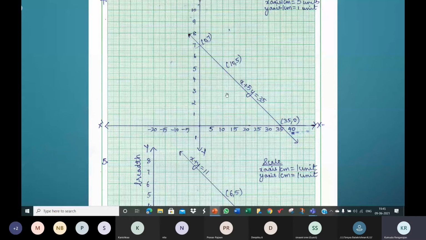Write this equation, x plus 5y is equal to 35. Let's find the x-intercept and the y-intercept algebraically. A graph should always be made only if you are asked to make it in the question, to prepare a graph, make a graph, or if it is on the coordinate axis. Otherwise, you don't have to make the graph.